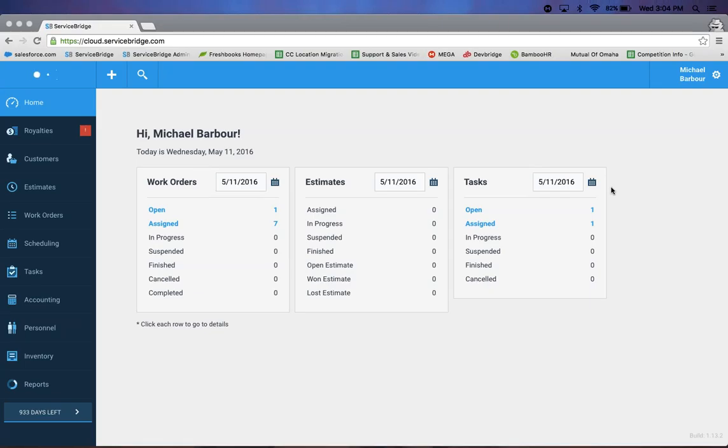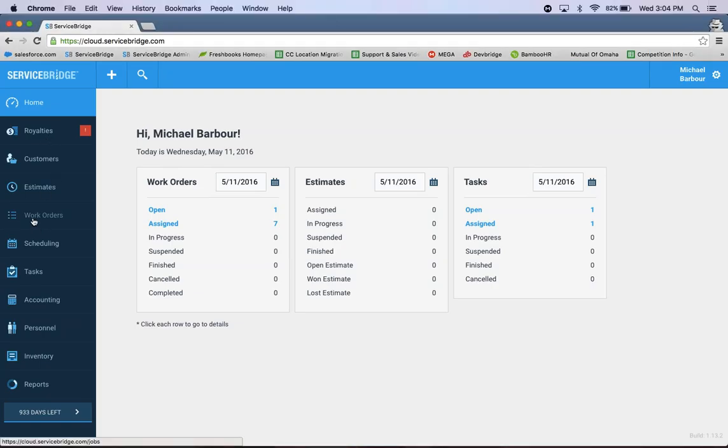Great. All right, let's get into the two areas I will go over today. The first one, let's touch base on the audit logs. I went over this about a month or so ago in regards to payment audit logs. Now we've introduced it for work orders, estimates, and projects.